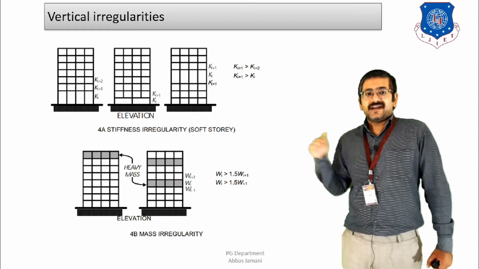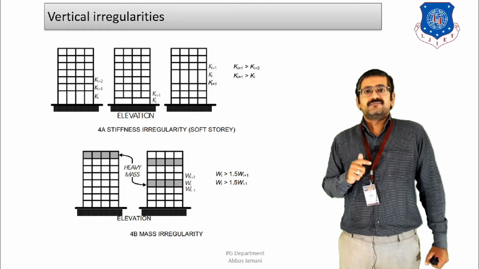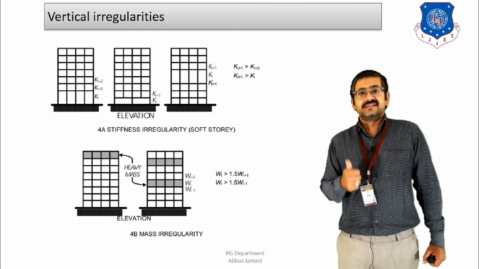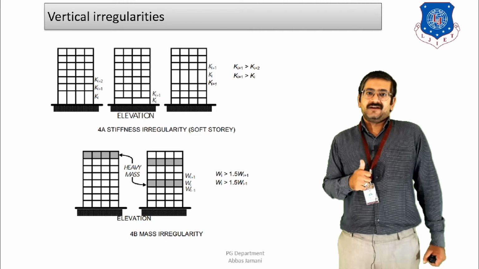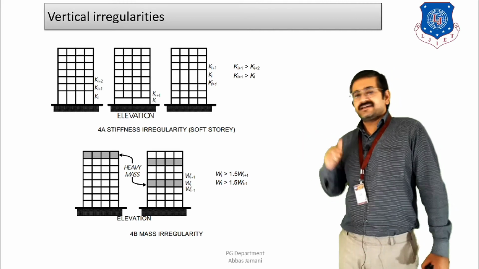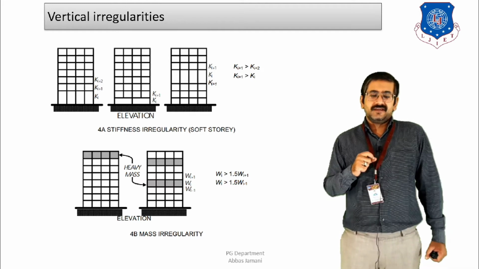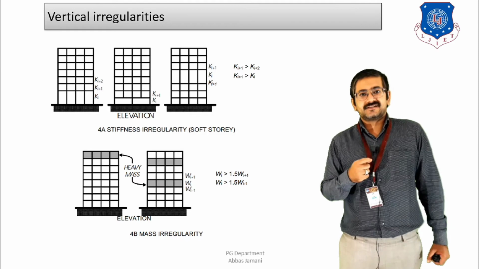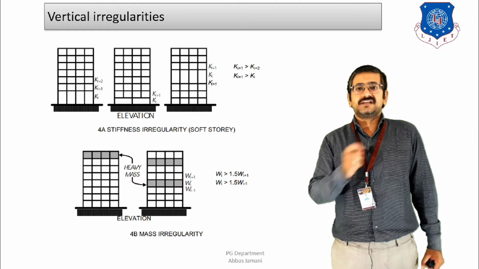In the second case, the height of the stories is the same throughout, but the number of columns at the ground story is only 3, while the number of columns above the ground story is 5. As a result, there is again a change in stiffness. Lastly, the third case is shown where the height of an intermediate story is high. For example, in a high-rise structure or a skyscraper, a stilt floor is usually present.